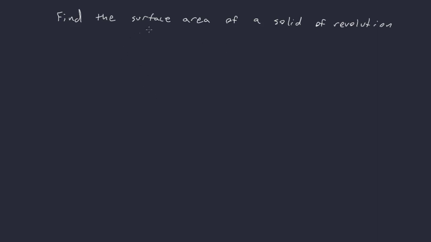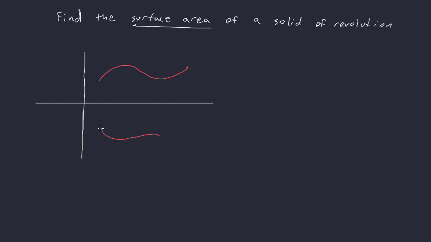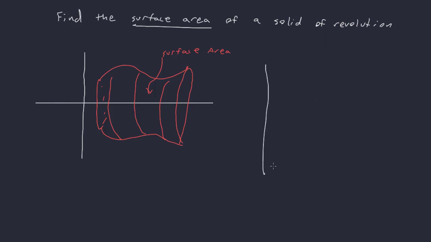Okay, the next thing we want to talk about is finding the surface area of a solid of revolution. So if I make a solid of revolution from a function f of x, of course we talked about how we find the volume, but you can also find the surface area of this using integration. Okay, so to do that, what we do is if we have a function,